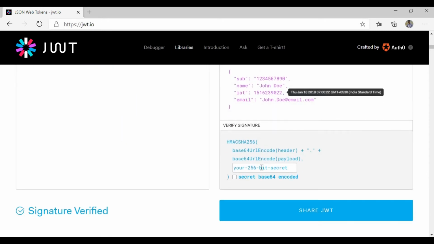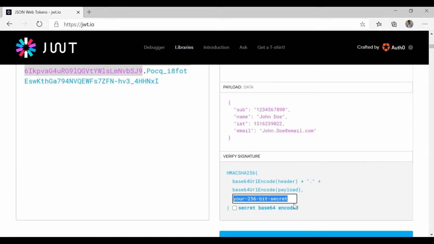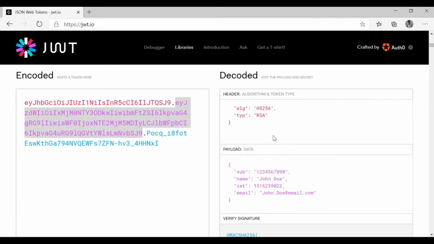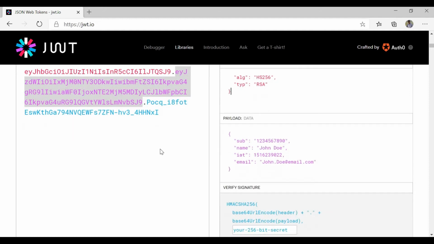And the last one is a secret key. Currently it has a default value, which is "your-256-bit-secret". That's the secret key by default. So let's look at how exactly the signature is formed.